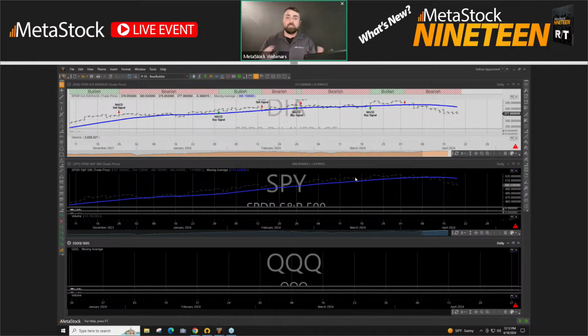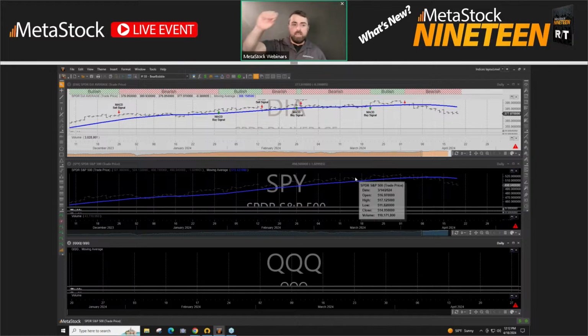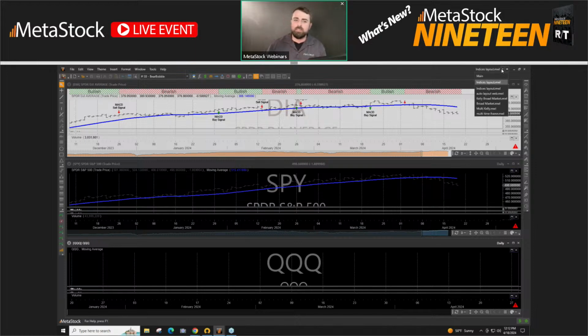And one of my favorite things is we can put this on multiple monitors. So you can have multiple timelines and different indices on this monitor, and then over on another monitor you can have your specific charts and things that you might be looking for. So a whole new update to the entire container. You can now utilize multiple monitors. It's really easy to jump through different layouts and things of that nature.